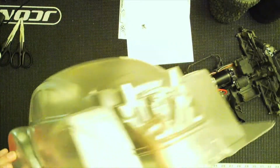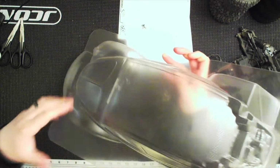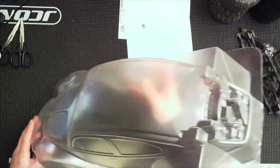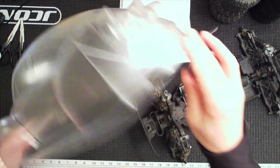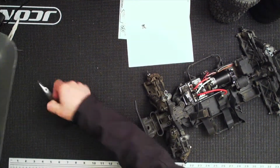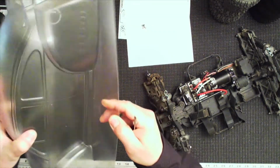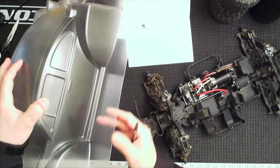Alright, so we have the body right here. The main thing I want to get is just the exterior, because I do have to wash it and clean it afterwards, but I just want to mount this so I can see which offset I want to run in the wheels. So that being said, I'm going to use my scissors here, and one of the things to note